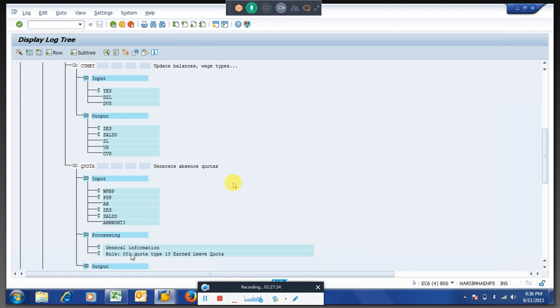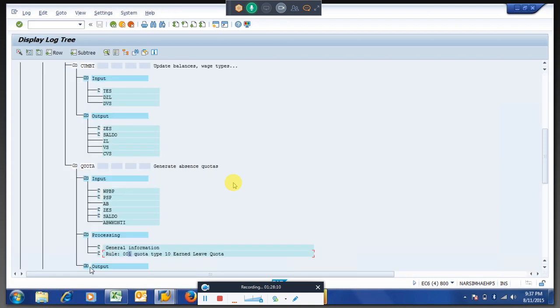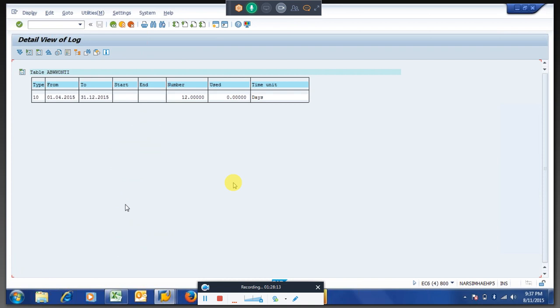So this is the rule which was generated. We got the days here. In the table we have put it as increase. I explained no generation, increase and replace. So that is why this number is showing as increase, and these validity periods, everything here, is coming from configuration. Okay, the transfer time you have put as daily in the generation rule. That is why the date of transfer is coming here. So everything has worked over here. So our output will be generated like this.